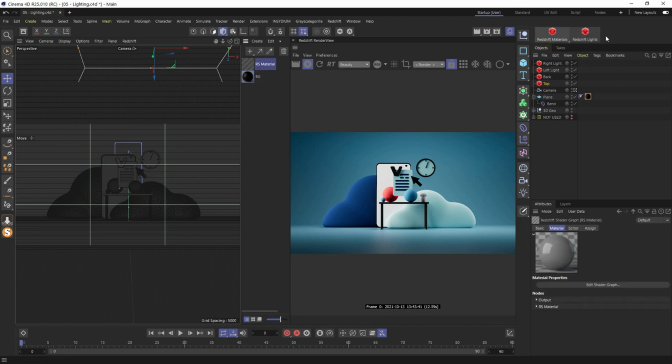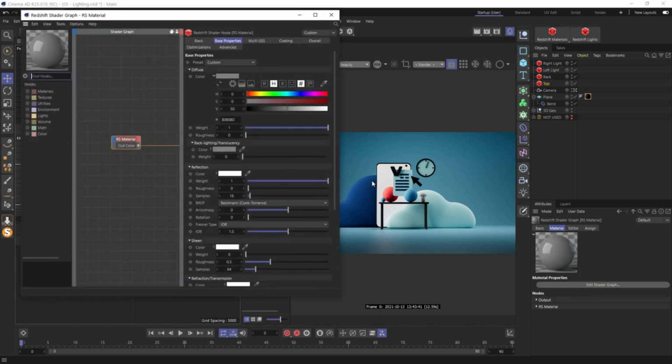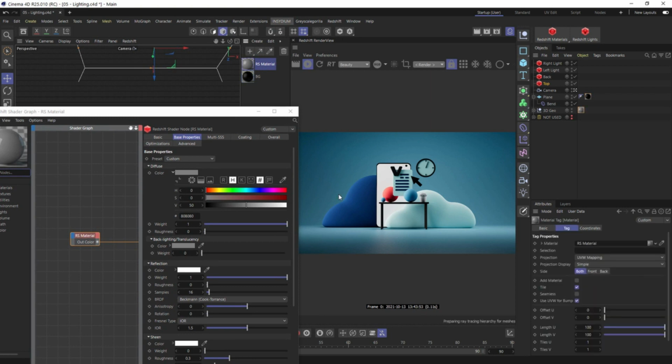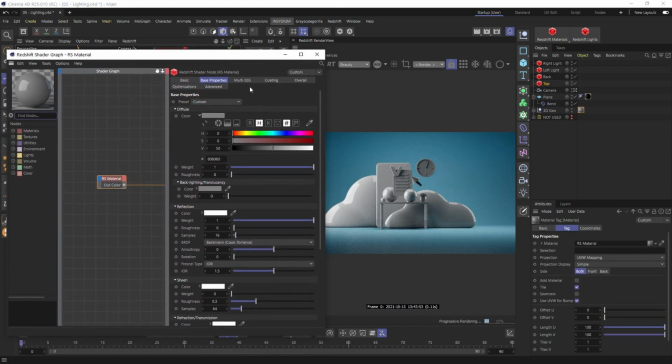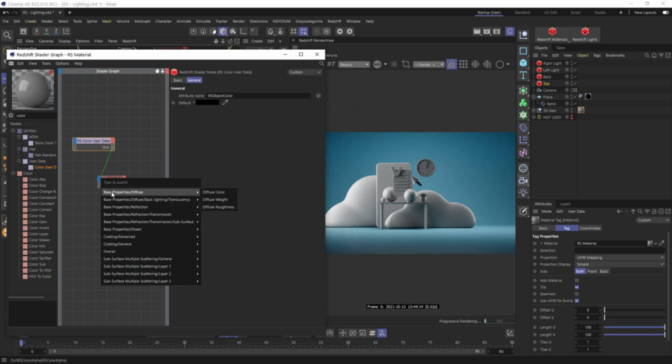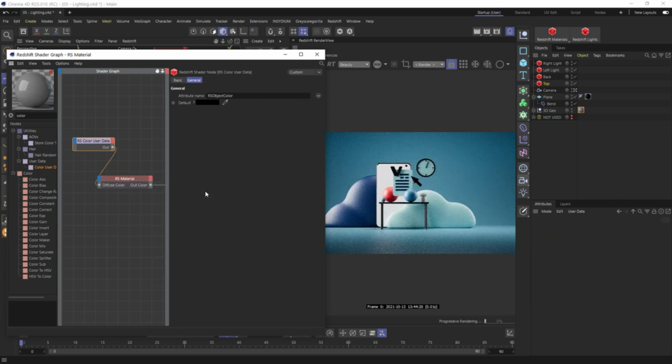We can create a material that will take the colors of our geometry. So I add it to our geo. We lost all our coloring, but get this beautiful reflection. We can add roughness and it starts to look very cartoony and smooth. We can use color user data, and here we can find object color. Connect our node to diffuse color, and now we